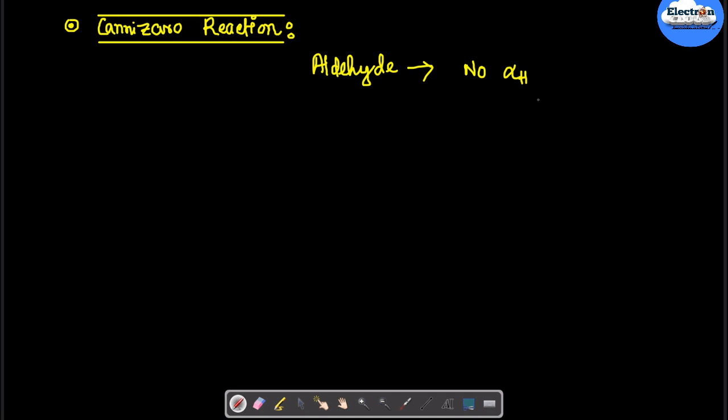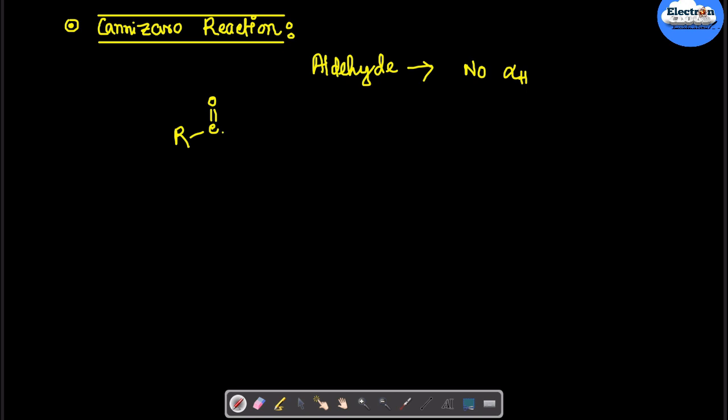Here we can see the Cannizzaro reaction. In this reaction, an aldehyde with no alpha hydrogen atom will respond. The absence of alpha hydrogen atoms is the main criterion of this reaction. Let's take an example of an aldehyde with no alpha hydrogen atom, let's say